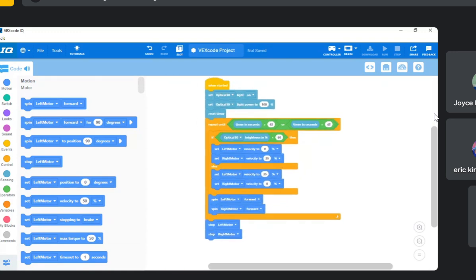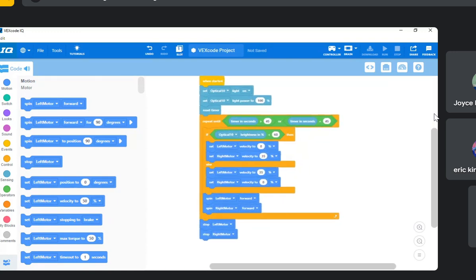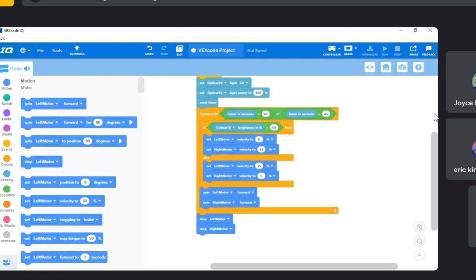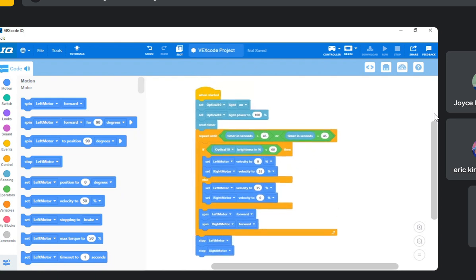And again, when I was talking to the teacher of Changamwe, she told me that the problem they are having is time, because it cannot move at a very high velocity. You cannot change this velocity to maybe 60 or 100. It will not be able to follow the line smoothly. So to curb that situation, the purpose